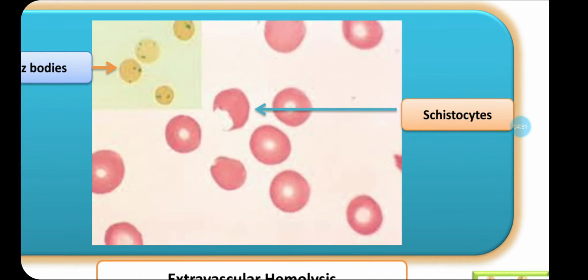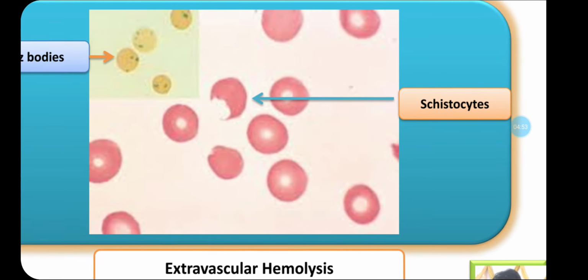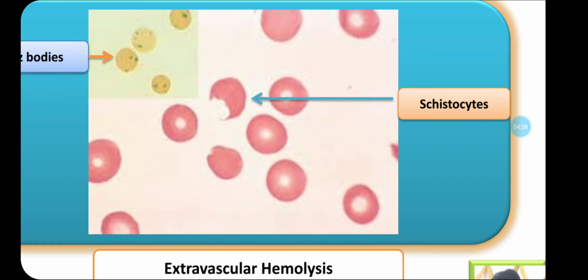In the peripheral blood smear we can see typical cells which are called bite cells, also described as white cells, and these are formed because they contain abnormal denatured protein. They are bitten by the splenic macrophages, and because of that part of the plasma membrane has been removed, and the cells appear as white cells in the peripheral blood smear.